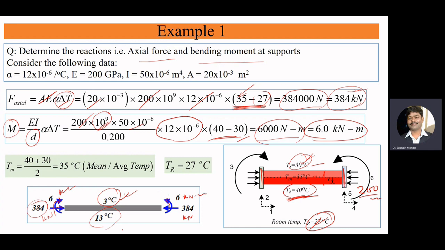Okay, so here we have solved one problem considering non-uniform temperature variation, and due to the non-uniform temperature variation, there will be axial force and bending moment if both ends are fixed. If one end is free, in that case, there will not be any axial force or bending moment in that beam. Okay, because that beam is free to expand. If the beam is free to expand, then there will not be any axial force or bending moment. If we restrict it, then due to this restriction, there will be axial force as well as bending of the beam. Okay,